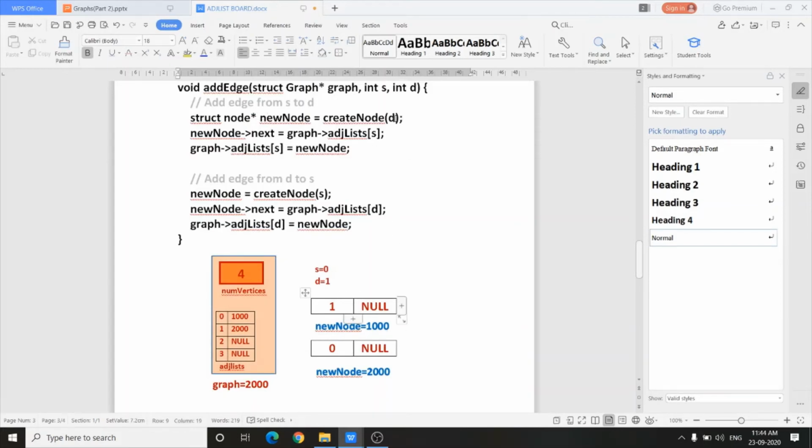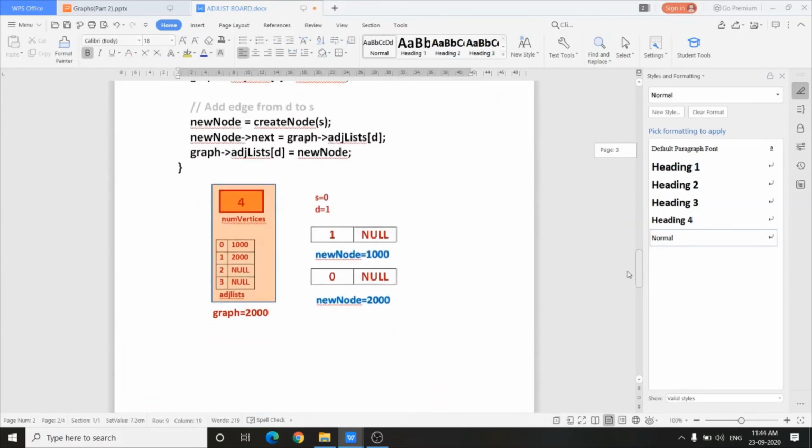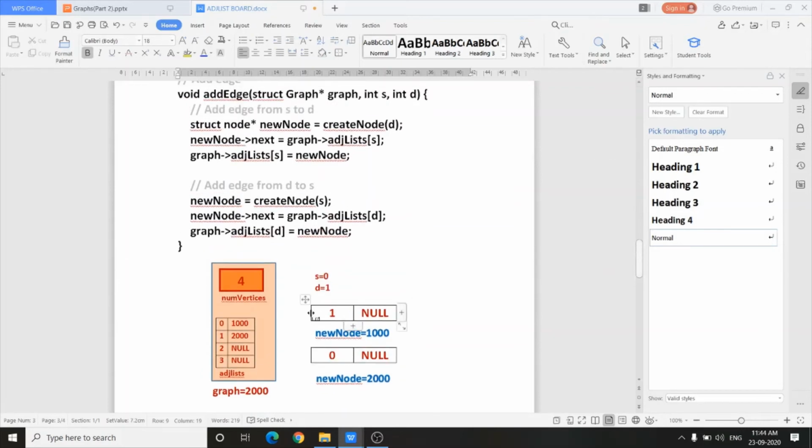What is the info portion? Info is 1. And what is the value of newNode? It is the address of the newly created node, 1000. And next is null, we already assigned that here. This is our newly created node: info is 1, next is null, and this function returns the initial address 1000.